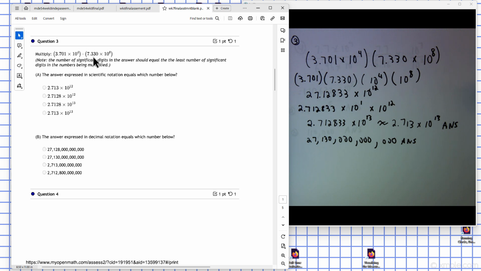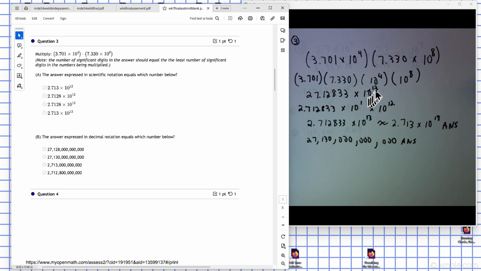So it looks like here, we have 1, 2, 3, 4. So we have 4 here. So when I'm multiplying this out, I have those powers of 10 I put together. Then I have those real numbers here. Multiply them together and I get